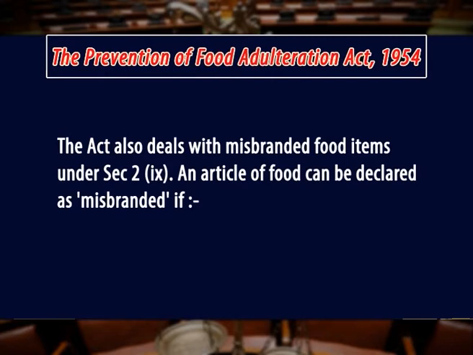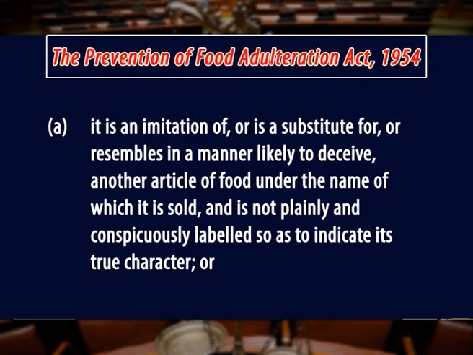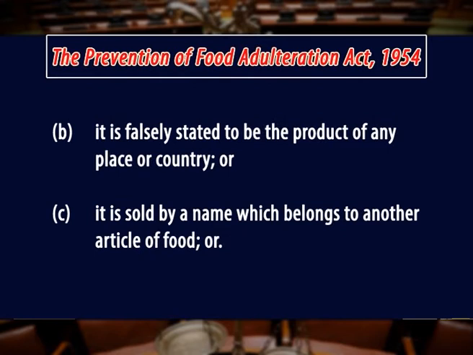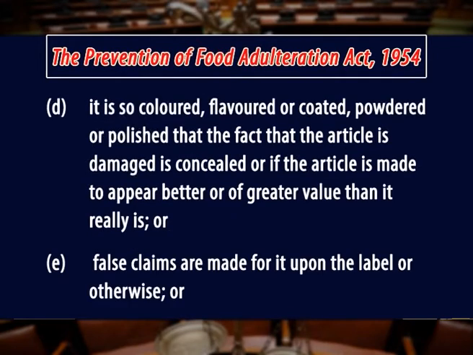The Act also deals with misbranded food items. Under section 2(9), an article of food can be declared as misbranded if (a) it is an imitation of or is a substitute for or resembles in any manner likely to deceive another article of food under the name of which it is sold, and is not plainly and conspicuously labeled so as to indicate its true character, or (b) it is falsely stated to be the product of any place or country, or (c) it is sold by a name which belongs to another article of food, or (d) it is so colored, flavored